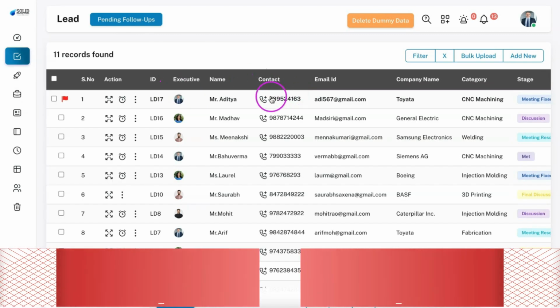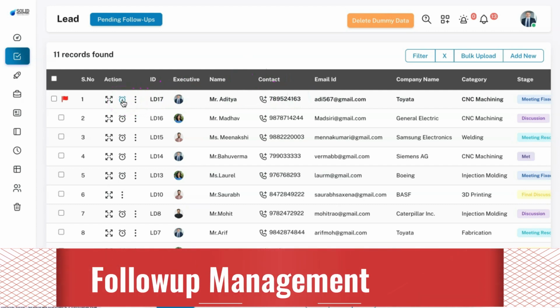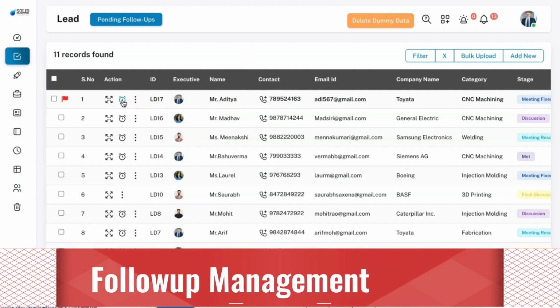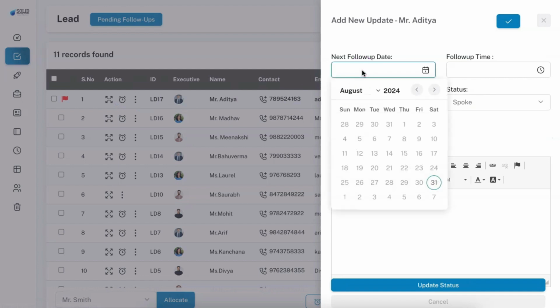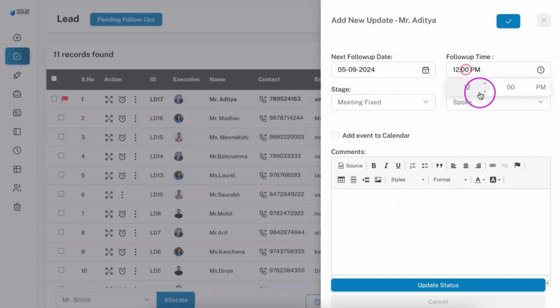So once a lead is added, you can perform follow up with the lead by adding a follow up over here. So you can simply click on this timer and you can add the next follow up day, like when is the next follow up day. In case the lead is telling I'm interested, share me a quote or something, or you fix a meeting with them, then you can select when is the future follow-up day and what is the time if required,